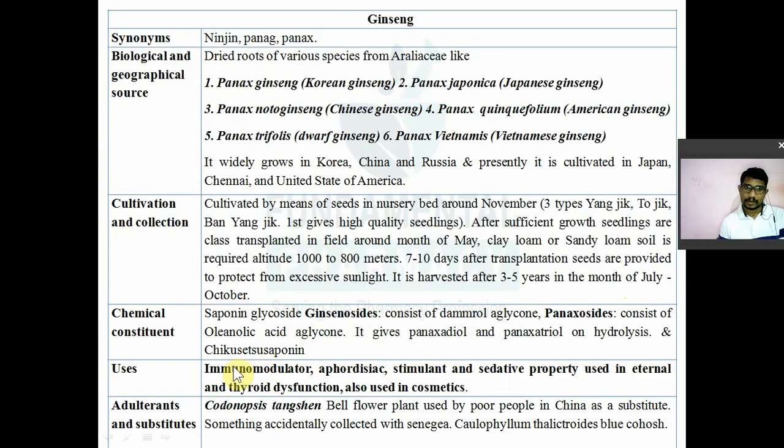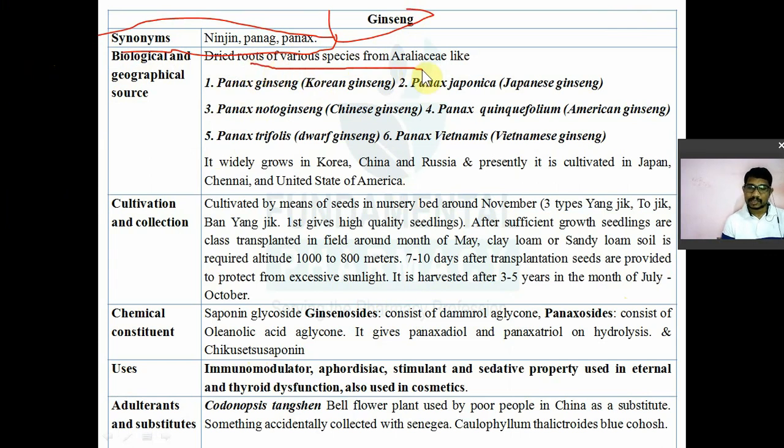Next plant is known as ginseng. This plant is also important, and nowadays a lot of research is going on with ginseng. It is known as Ninjin or Panax ginseng. It is the dried roots of